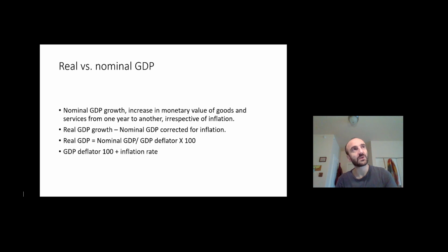GDP deflator is something similar to a consumer price index. It's a measure of a change in the price level in a given country. And it is calculated as 100 plus the inflation rate between two years or two data points. So if your income increased from one year to another,